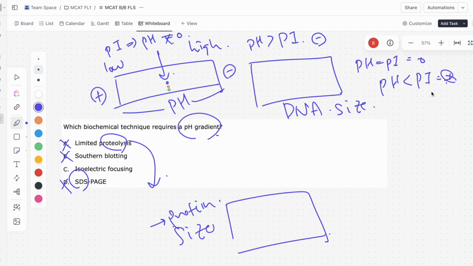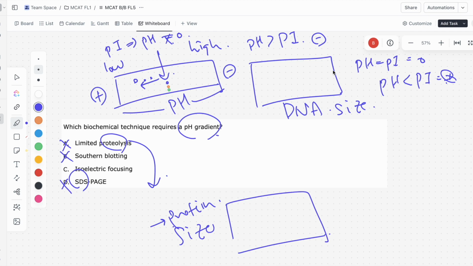So what does that mean for us? It means that when you dump these proteins here, whatever pH they're at in the middle, they're either going to be negatively charged, positively charged, or in the unlikely case, they're going to be 0. So let's say in the first case, the pH is greater than the pI, it's negatively charged. It's going to move down here towards the positively charged side of this gel. It's going to get attracted to the positive side. Let's say it's the blue protein. It's going to travel, it's going to travel,